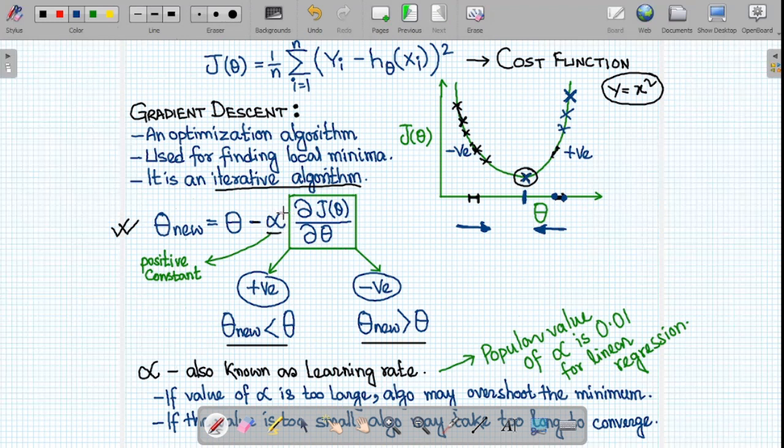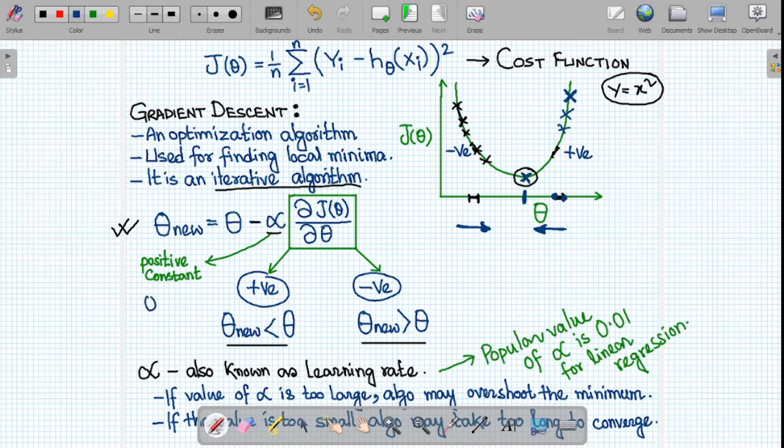Now let's understand the significance of this positive constant. This positive constant is the step size. Why? Because whatever change we are getting here, that means for a small change in theta, how much J is changing, we don't want to subtract or add the whole value to theta, because this change can be a very big change. In order to reduce the effect of this derivative part, we are multiplying alpha to it,